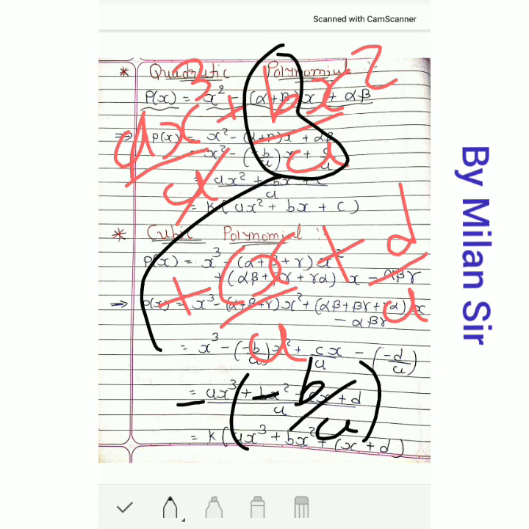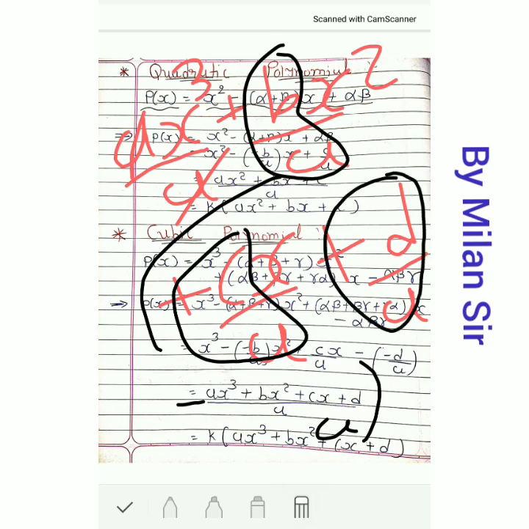Okay, then c by a as it is, because in the formula it is also the same, c by a, but again in place of d by a we need to write minus and minus d by a, because in the formula it is minus d by a. Okay,